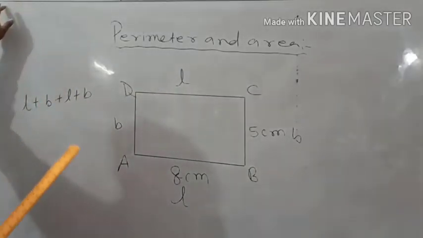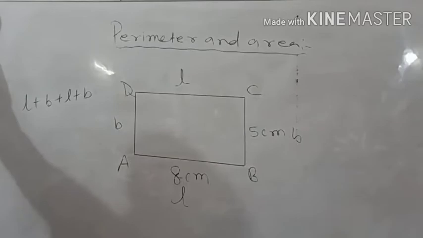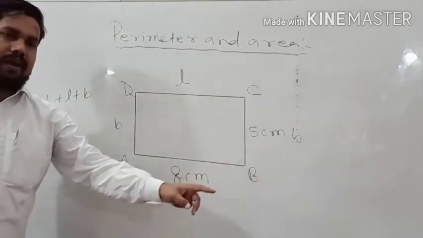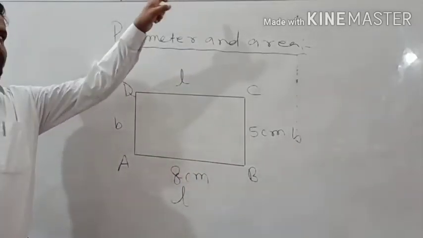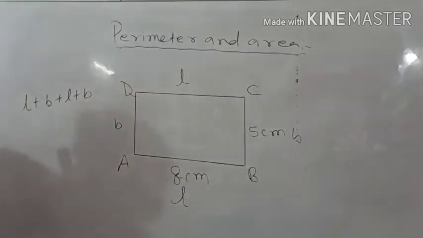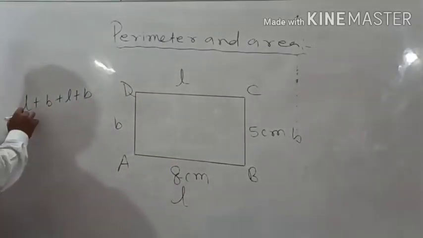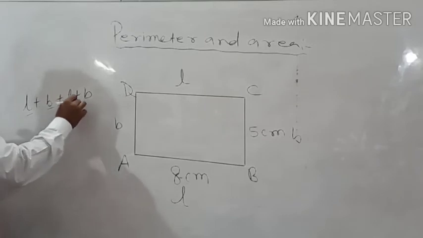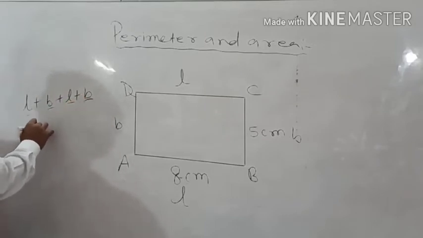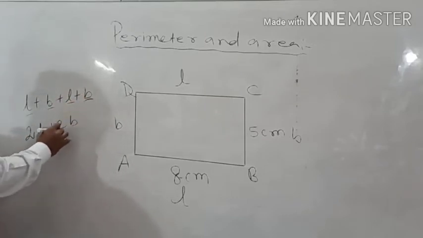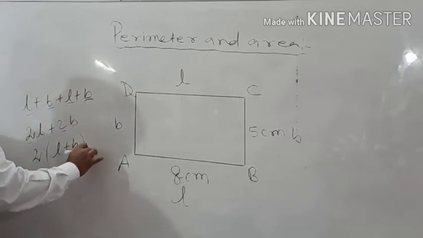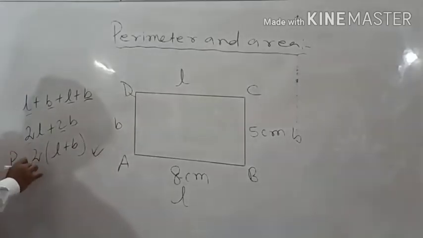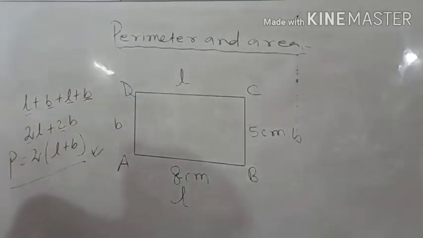अगर हम इस white board का perimeter की बात करें, so we have to measure from this corner to this corner and then this corner to this corner, and we will add this side, this side, this side, and this upper side, all the sides, right? Instead of adding, we can do one more thing. There you can see 2 times L and 2 times B. So we can write it as 2L plus 2B. 2 is common, so we take out 2, so 2 into (L plus B), and this is how we say that the perimeter of a rectangle is equal to 2 into (length plus breadth).